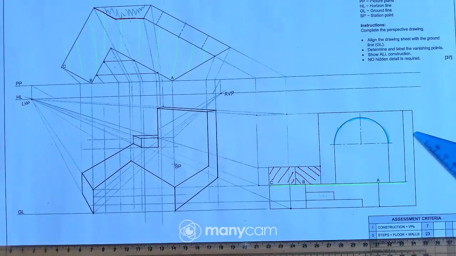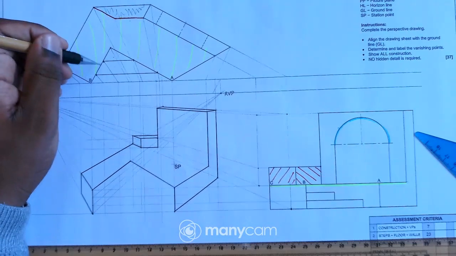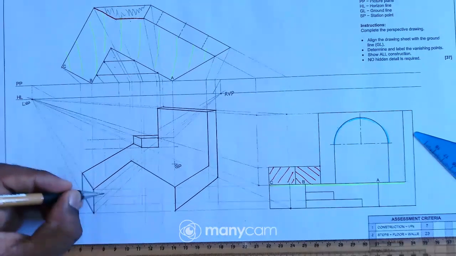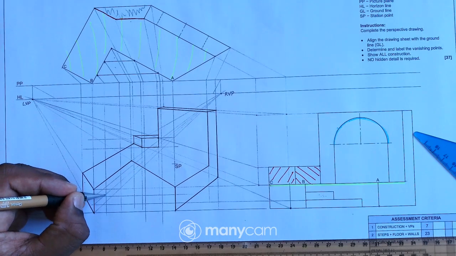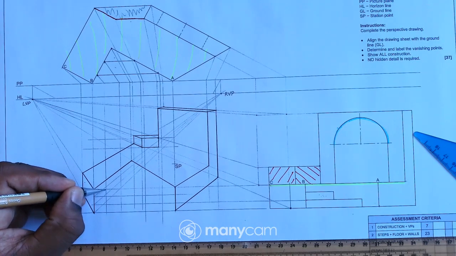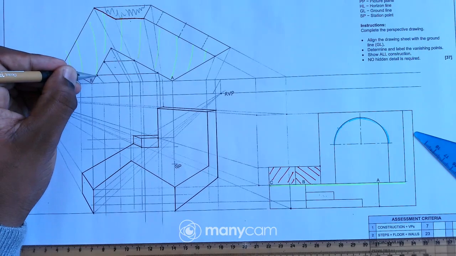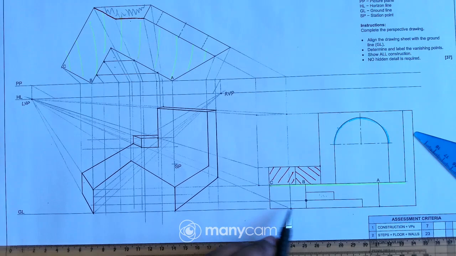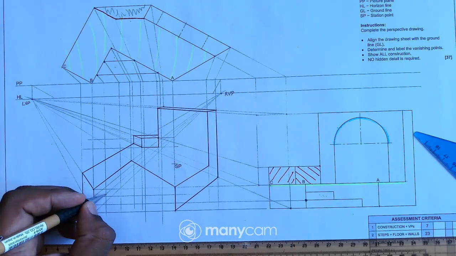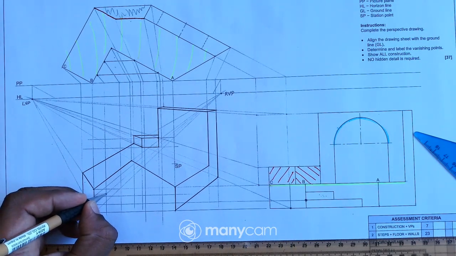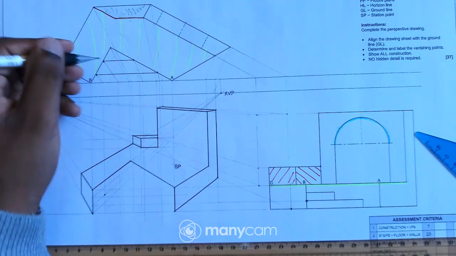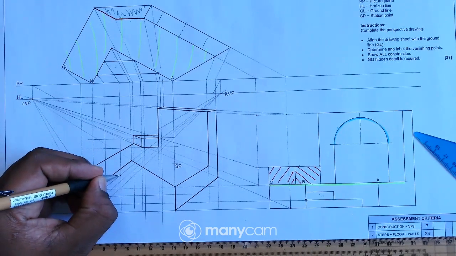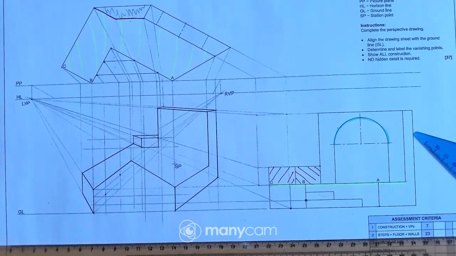Okay, so remember, I've projected these points down, so I'll start with this point over there. So that means I've aligned there. But where is this point from our elevation? That point is over there. So I'll use this height, so where they intersect, it's a point. Okay, and then for this one, that means that height will be over there.